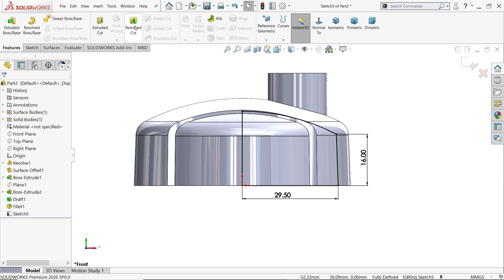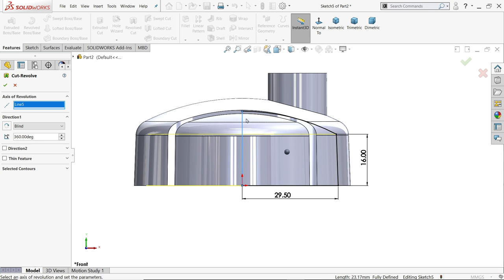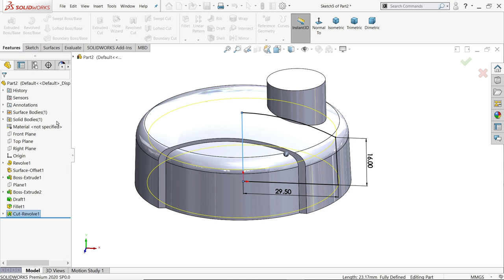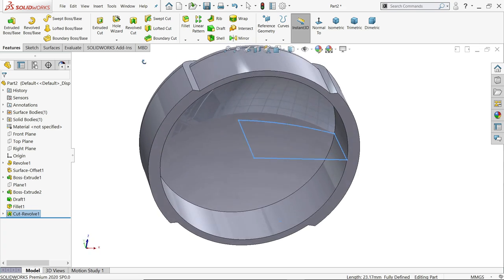Now go to feature, choose revolve cut and select this axis of revolution, this one, end condition blind and 360 degree. We want to cut full. Okay, see here,